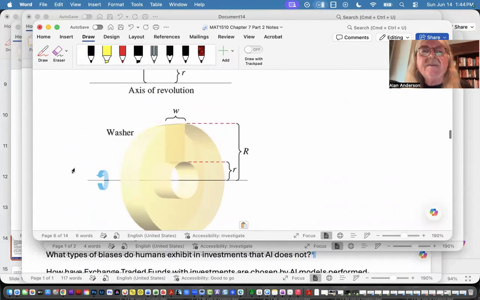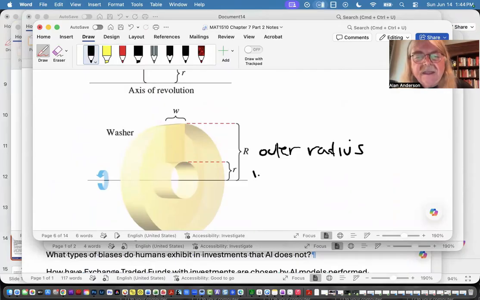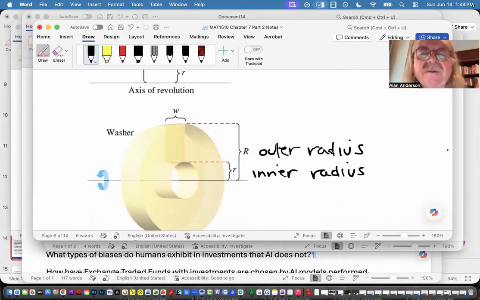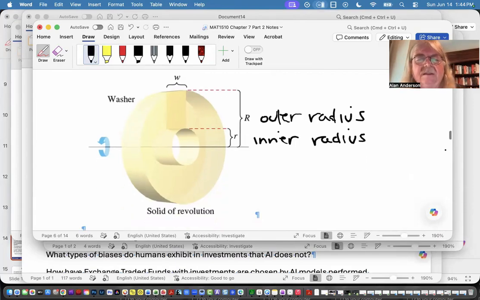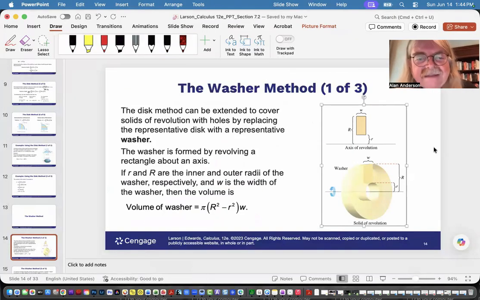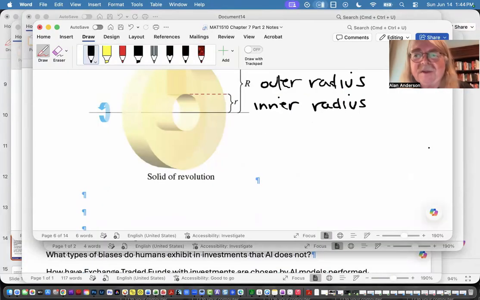We'll call the capital R the outer radius, and this becomes the inner radius. So the difference between those is what we're actually rotating around the horizontal axis, and that will determine the size of this hole. So we have to take that into account when we solve for the volume of this object that we're creating. And in the slides, they also remind us,